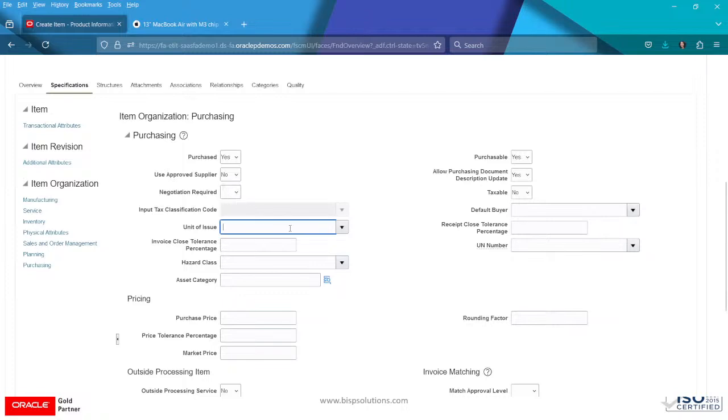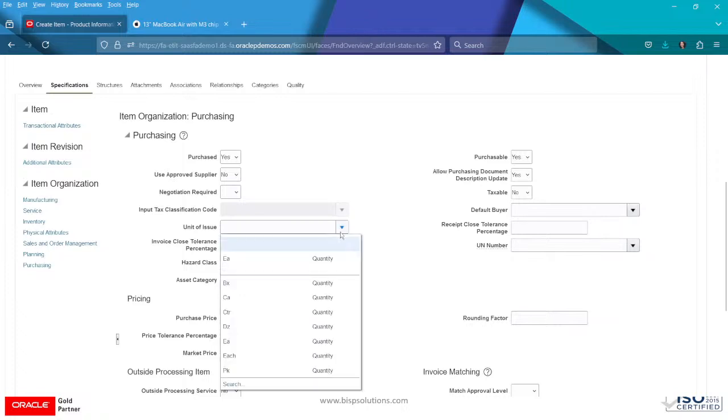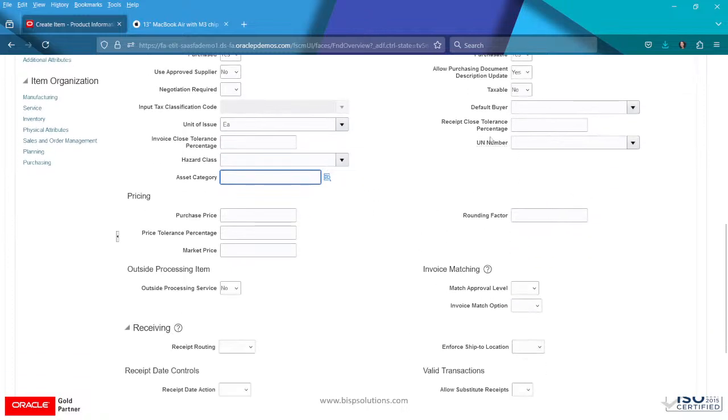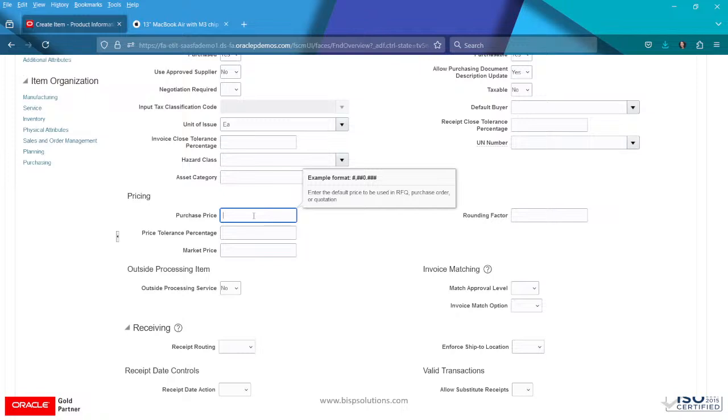And for issue unit, I am selecting the issue unit as each, and it is not a hazardous item. Default buyer, you can provide the default buyer here. For the price range, the list price I will provide is related to your default price used in RFQ, purchase order, and quotation. So let's say that is costing you $150,